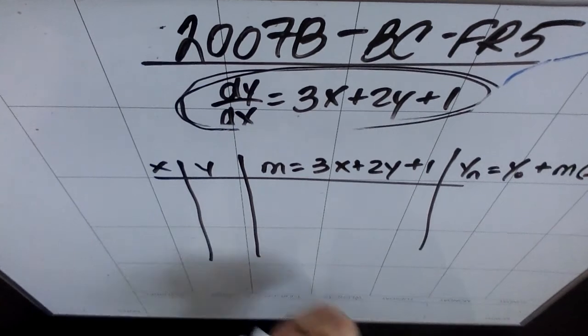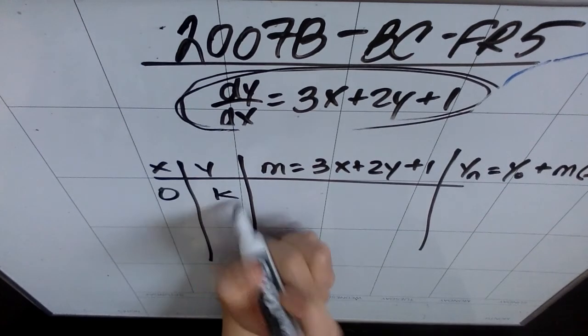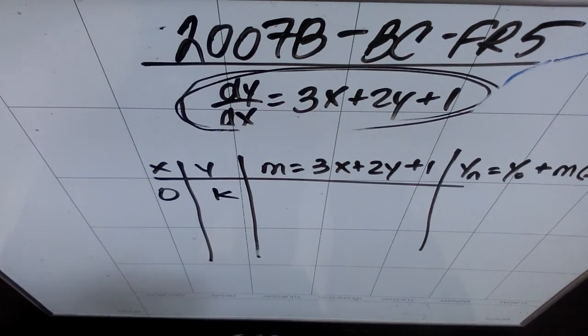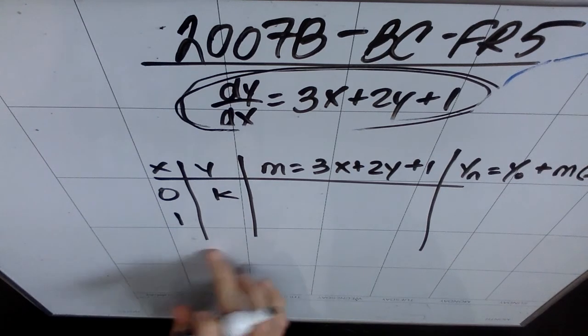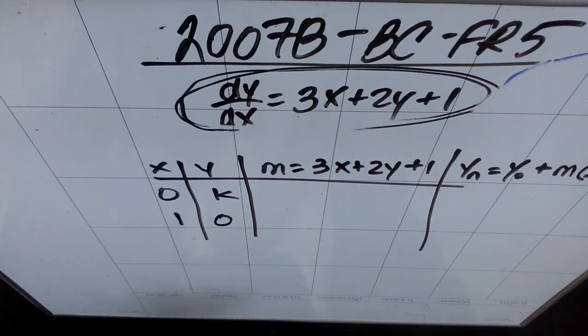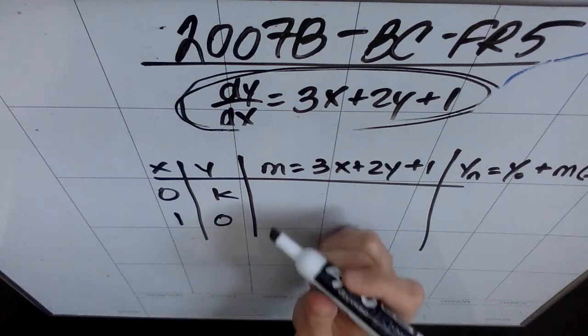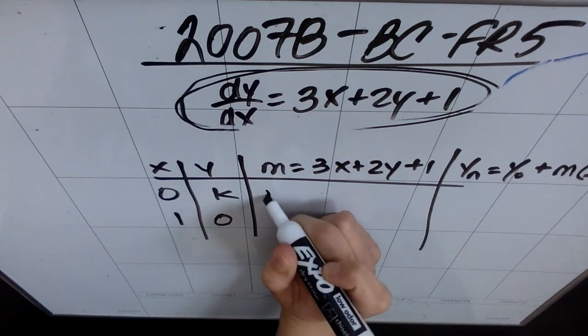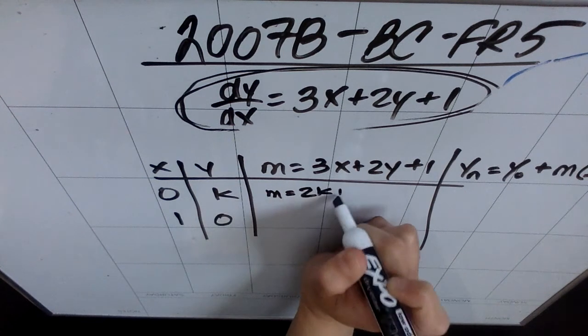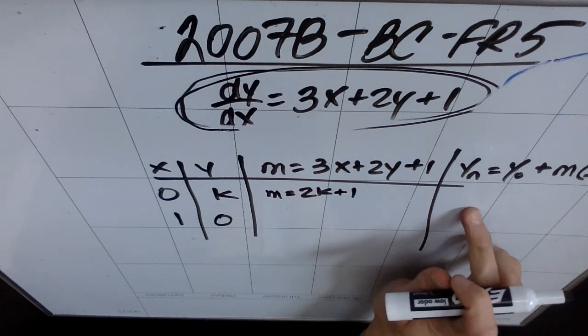They told us that g of 0 is k, right? They told us that if we use Euler's method with a step size of 1, so we're only doing one round, right? The step size is 1. We're jumping right here, that we end up getting the answer is 0, right? So I'm going to go ahead and find my slope, right? My slope is going to be 3 times 0, which is gone. So my slope is going to be 2k plus 1,